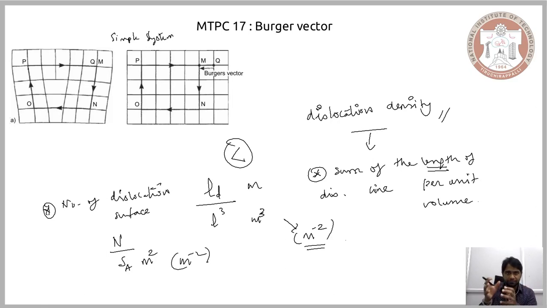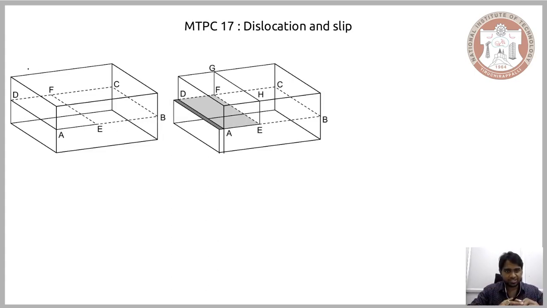Now let us move away from it. Let us talk in terms of the macroscopic scale, in terms of the change in the system that we observe with our naked eye. Supposing you have a cuboidal system and you are imposing a shear stress along this direction. The reason I call it shear stress is because, if you recollect, it is the shear component of the stress, the deviatoric stress, that brings about the plastic deformation in the material.